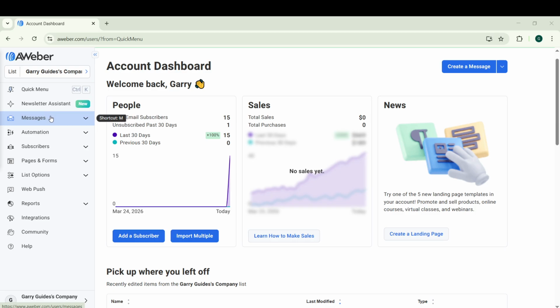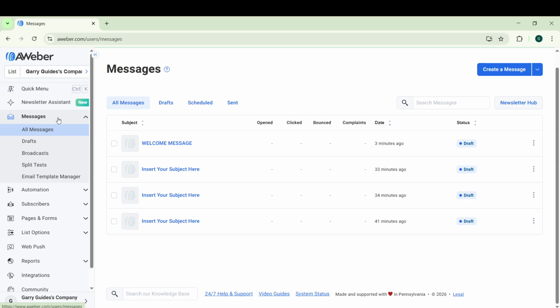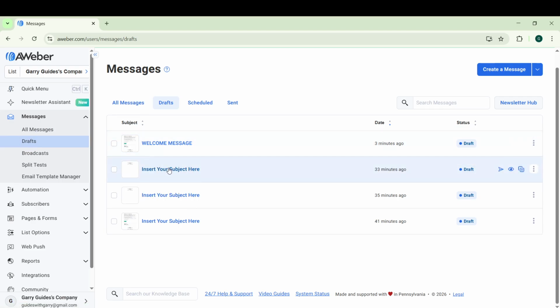Once you are on the dashboard, look over to the right side settings panel and find the Message tab. Click Message to open the area where you manage emails and message content. Next, choose Messages, then go to Drafts. Drafts is where unfinished or saved messages are stored, which makes it the right place to attach a file before